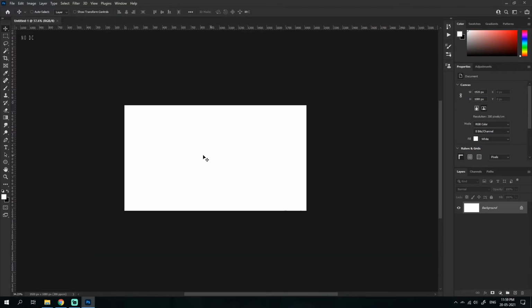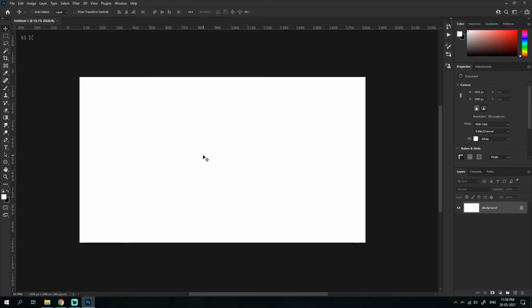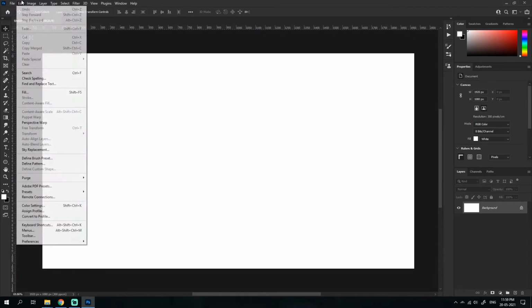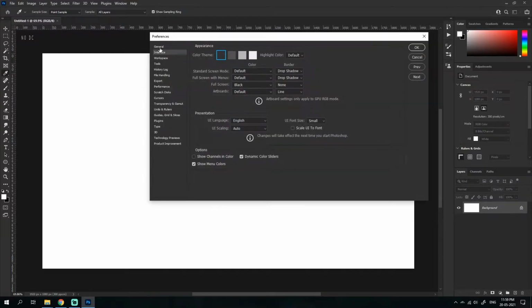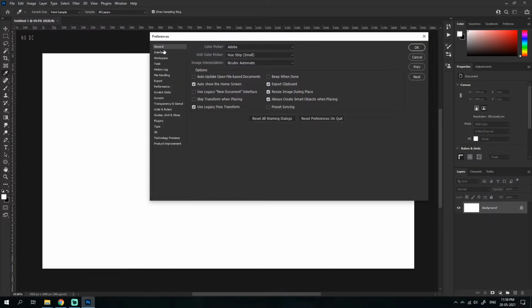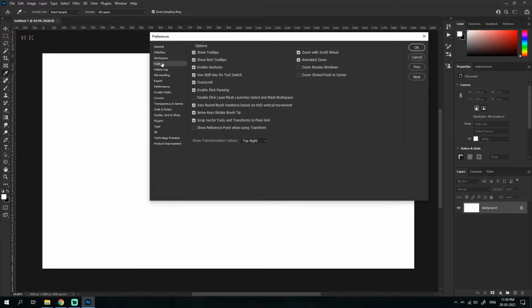Now one thing you could see is I can scroll in and out. My scroll wheel's a bit broken, so it just goes much higher than I needed. But one thing to do that is go to Edit, Preferences, go to Interface. It's not enabled by default, by the way. So in general, I need to remember where it is. I haven't done it for so much time. So let's just see. Okay, in Tools, yep, in Tools you could see Zoom with Crosshair.